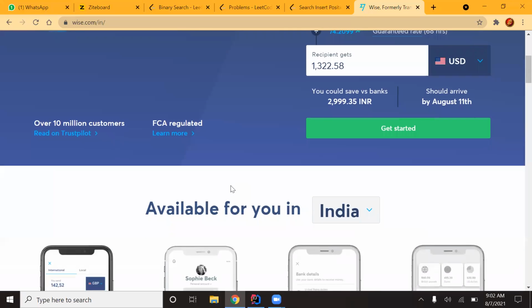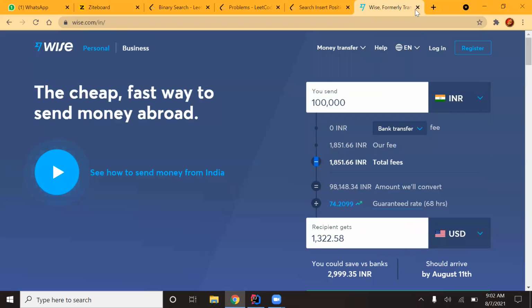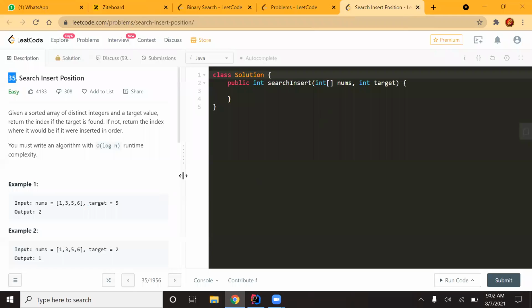Let me see. Okay, Wise takes the fees. Oh, let's say if you're sending USD to rupees, yeah,